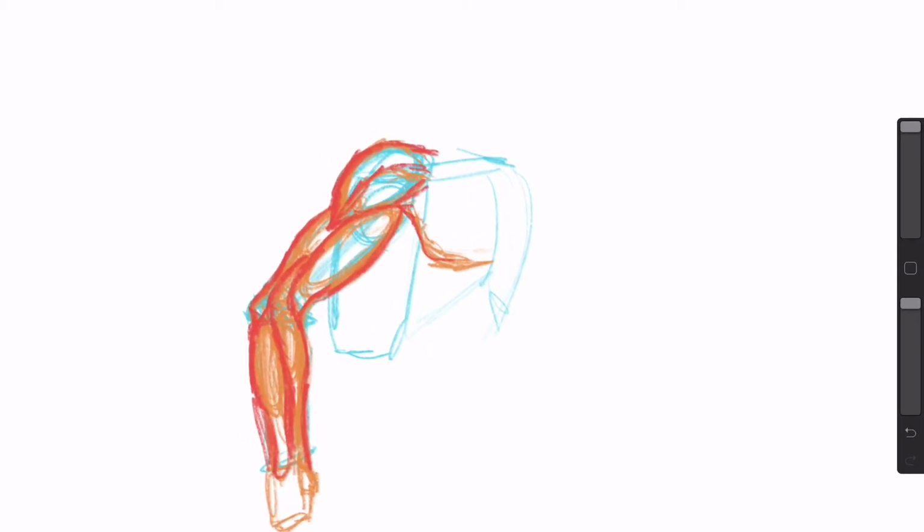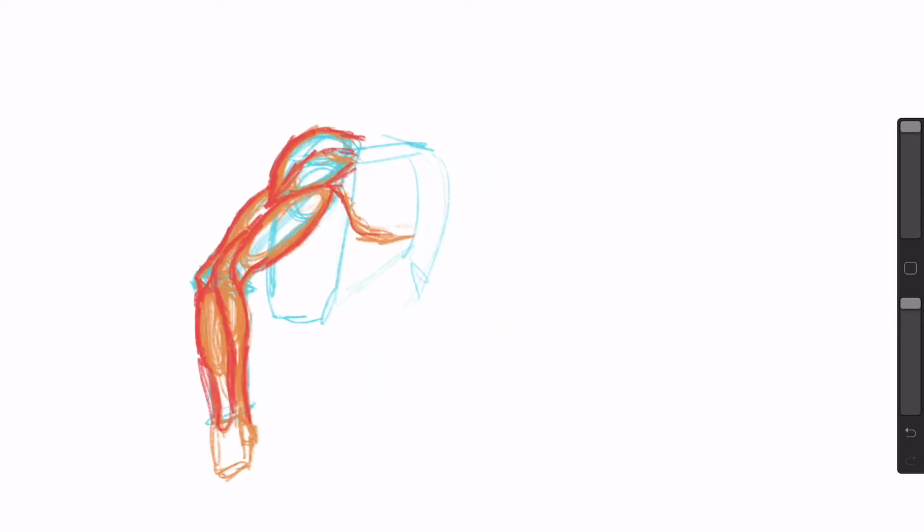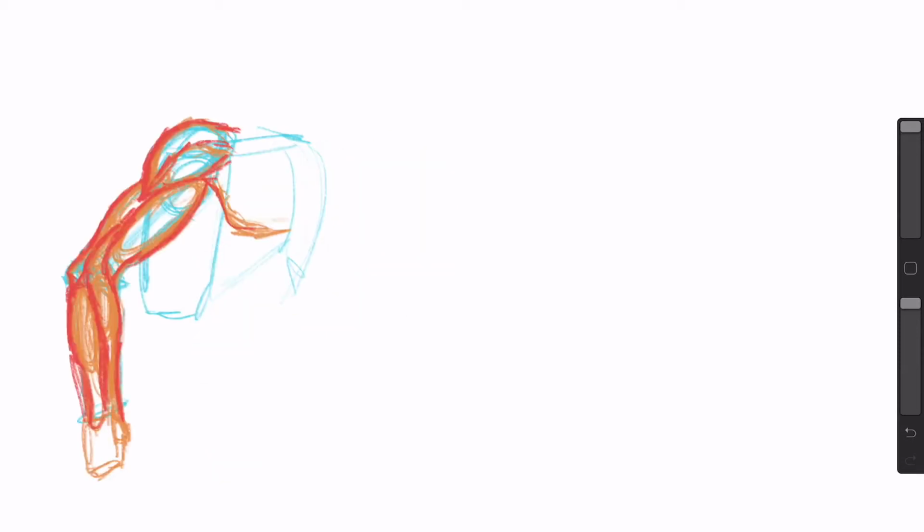Well, that's front view. I could do another back view. The back view is a little bit more tricky just because I haven't drawn it as much. So let's draw a back view. Not necessarily of the same arm, but just back view of an arm. Have the hand